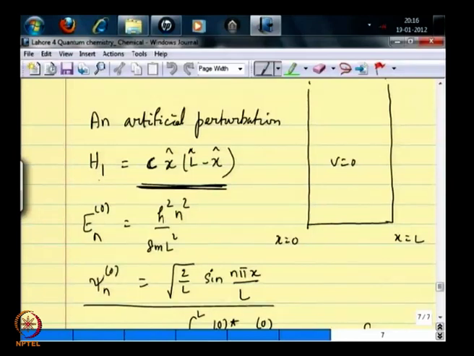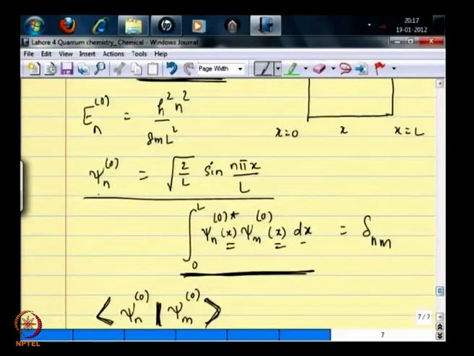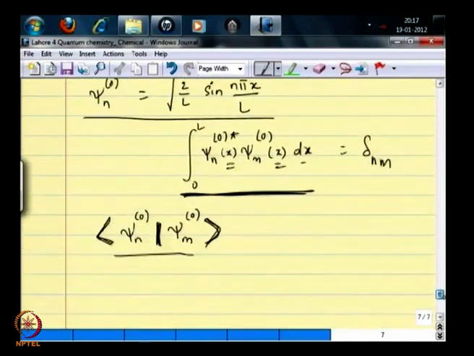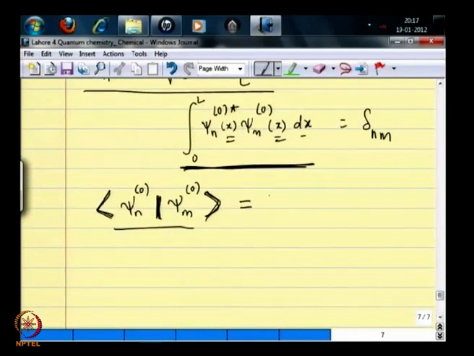it's a Hamiltonian, that's introduced with a small constant C such that the potential varies as given here, x times L minus x, where x is the position of the particle in the box, the position coordinate associated with the particle wave function. The zero order energies are known to us, the zero order eigenfunctions are known to us, and the properties of the eigenfunctions are that the